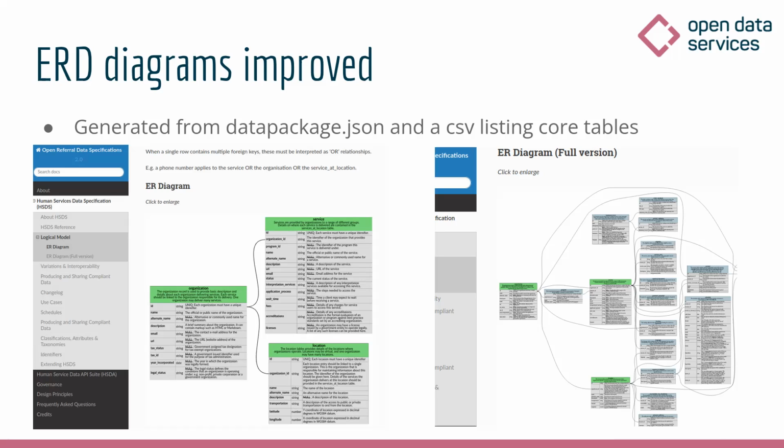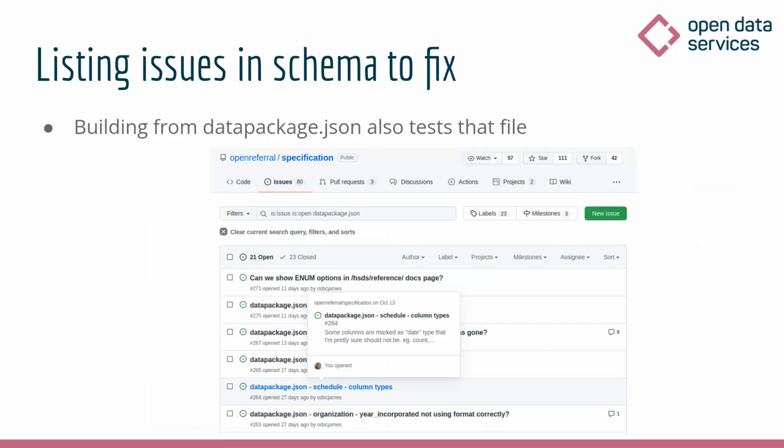So all this generating stuff from the schema file has its advantages of keeping things in sync and making the website easy to work on. But the other advantage is it helps us test the schema file and make sure it's all working well. While I've been doing that previous work, I've noticed a couple of minor things in the schema file that could do with fixing up, and I've made issues and we'll hopefully get to look at all of them soon. As well as keeping everything in sync and making it easy to work with, we're also testing the schema file and making a good schema file that other people can take and use in their applications.